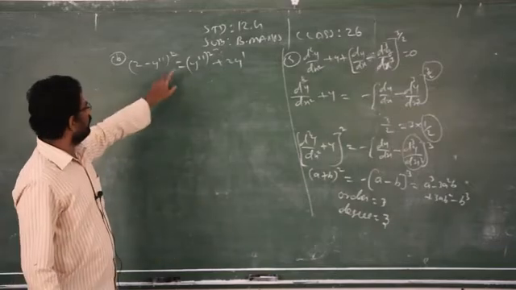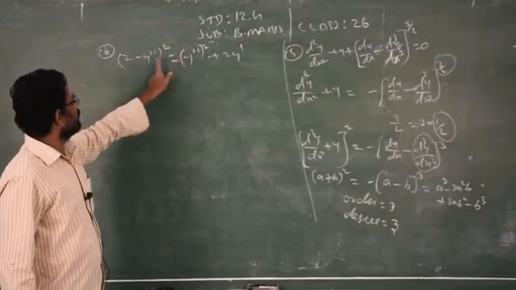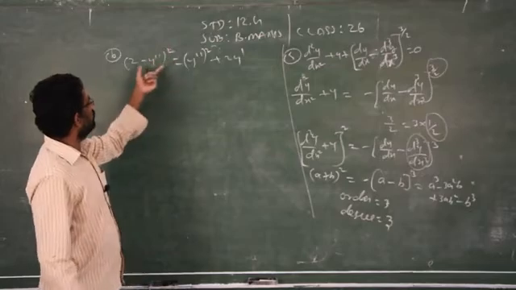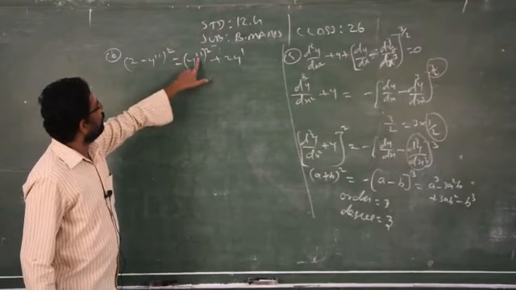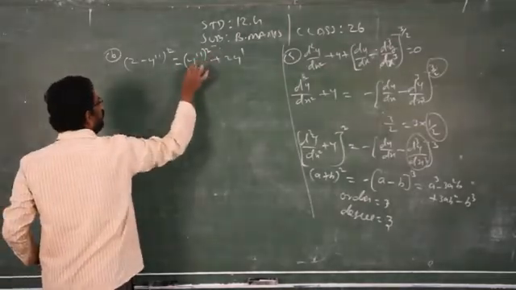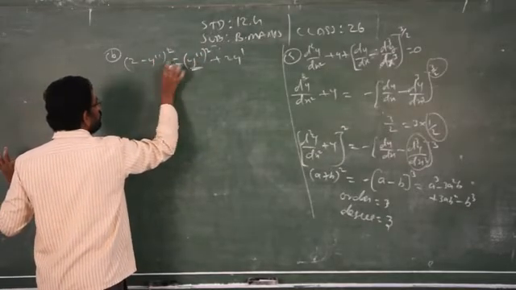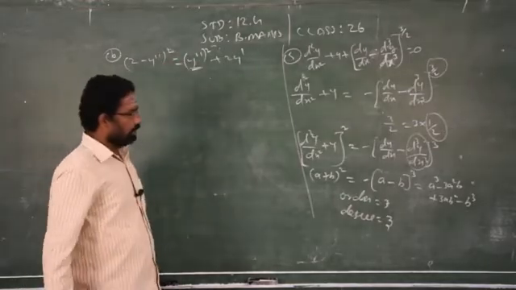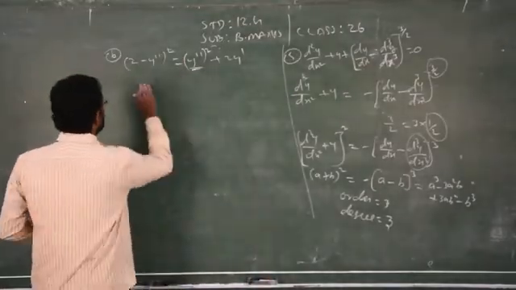Don't do like this, because we have second order, the highest order, present in 2 places, not only 1 place. If it is present in only 1 place, you can straight away write without expanding by using algebraic identities, order 2, degree 2. Your answer is correct. But you see that here we have second order, here also second order. We have second order in 2 places. In such a case, if you write the answer straight away, you will get a wrong answer. Let me explain it now.